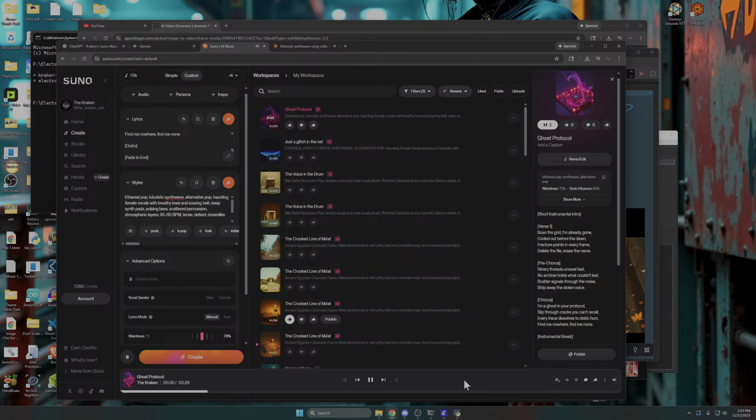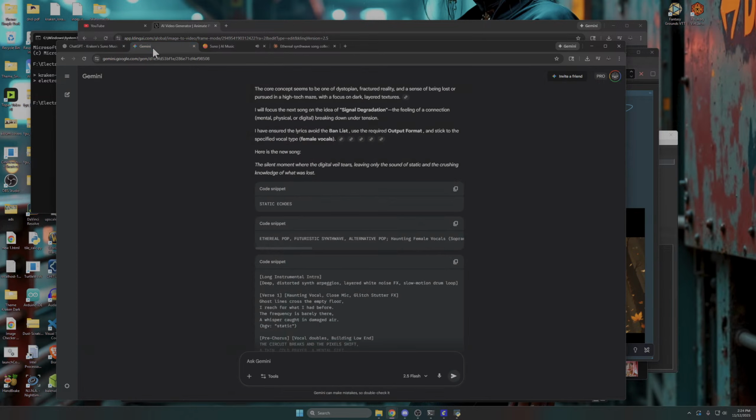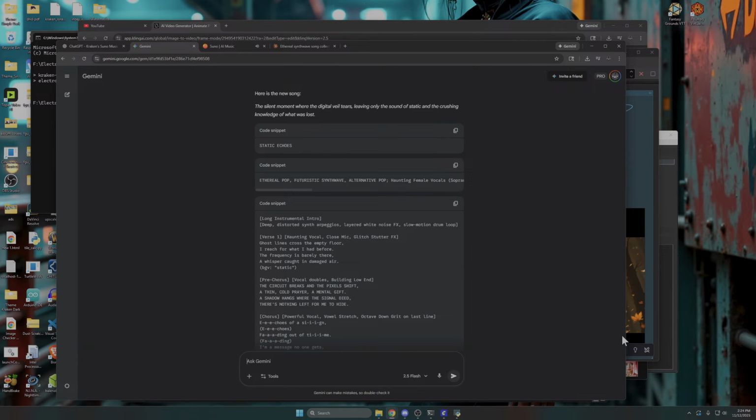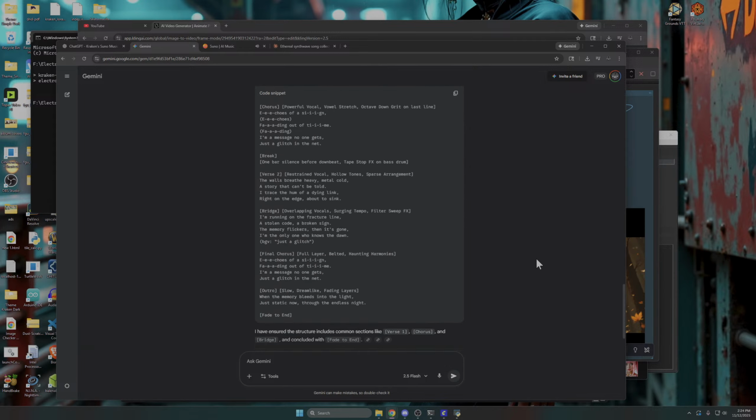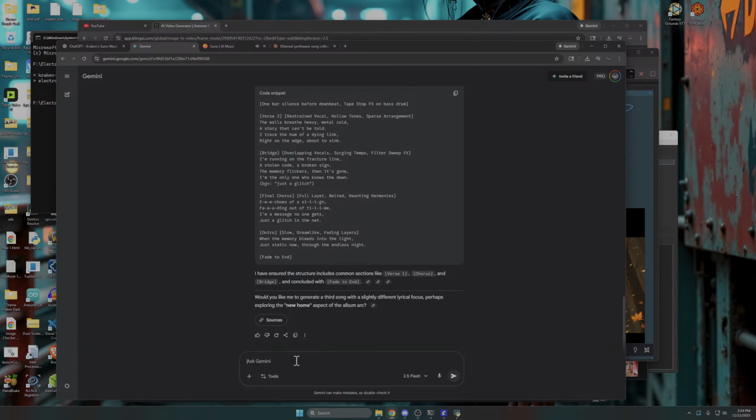Scan the grid, I'm already gone. Coded out before the dawn. Fractured points in every frame. Delete the file, erase the name. Binary threads unravel fast. No archive holds what couldn't last. Scatter signals through the noise. Strip away the stolen voice. I'm a ghost in your protocol. Slip through cracks you can't recall. Every trace dissolves to static hum. Find me nowhere, find me